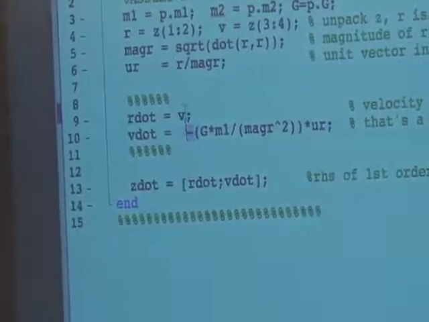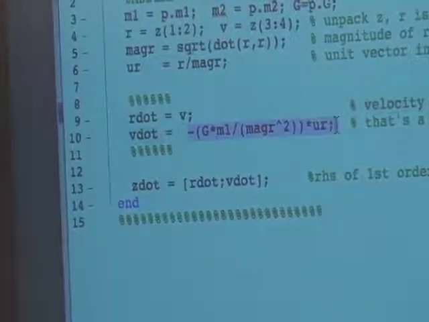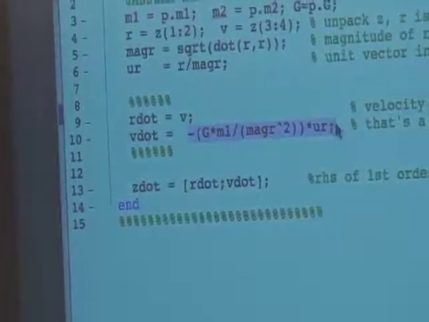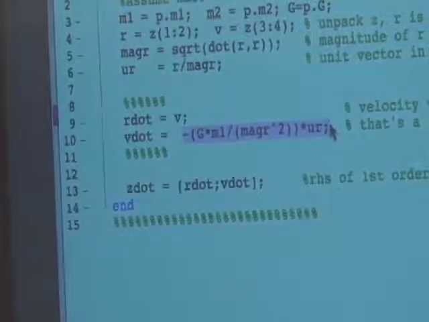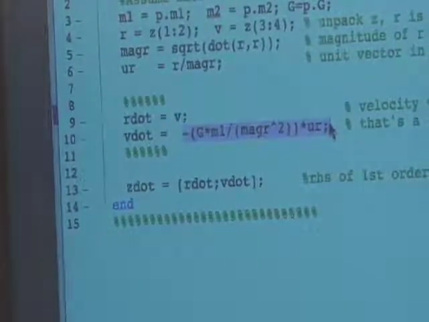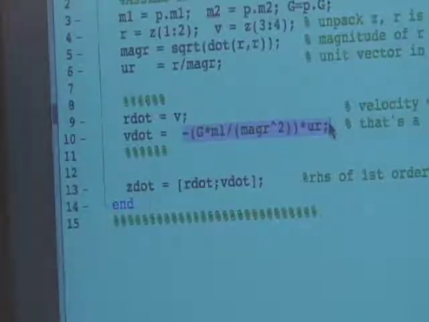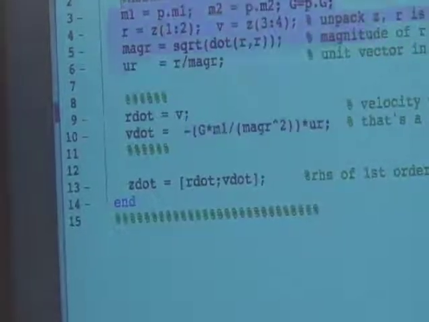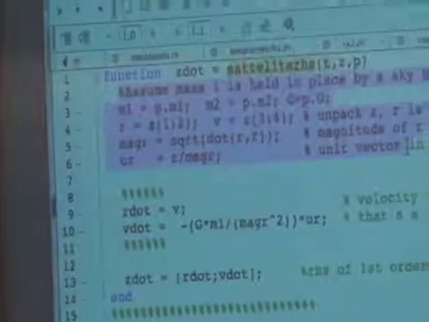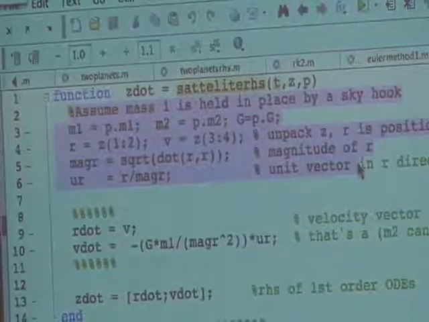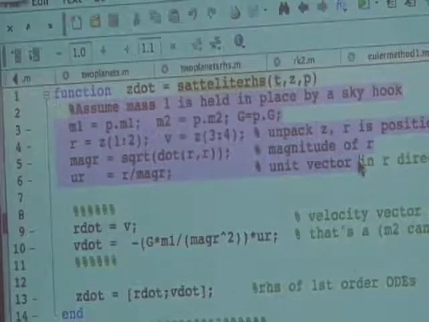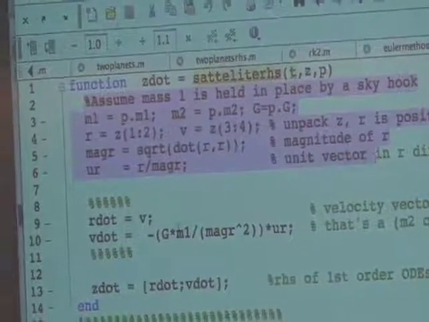Is that clear? Does the highlighting here make it easy for you to read or not? Does anybody have any tips about how to make it easier for you to read MATLAB when I do it on the screen? Do you wish I would do something different in terms of just how I present the MATLAB to make it easier to read? Because, one way to look at this, as I've said before, is you just see a jumble of letters. And I'd like as much as possible that you don't just look at that and say, it just looks like symbols. No comments? Send me an email if you have a suggestion.